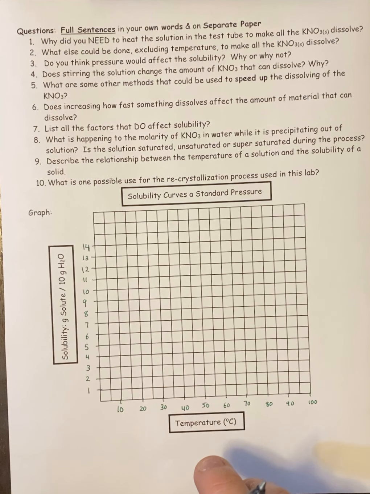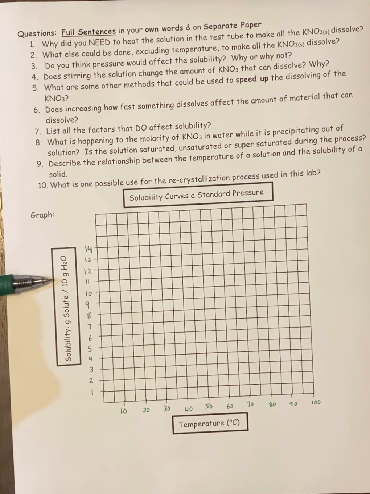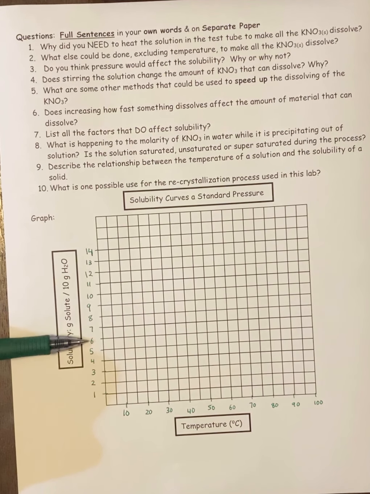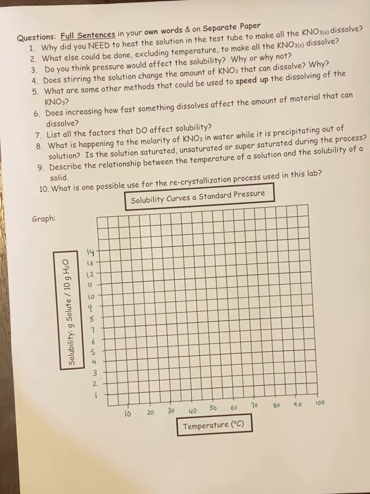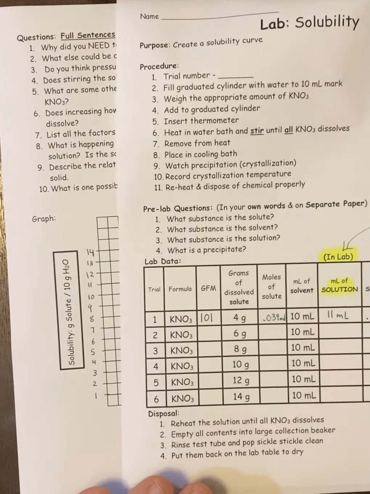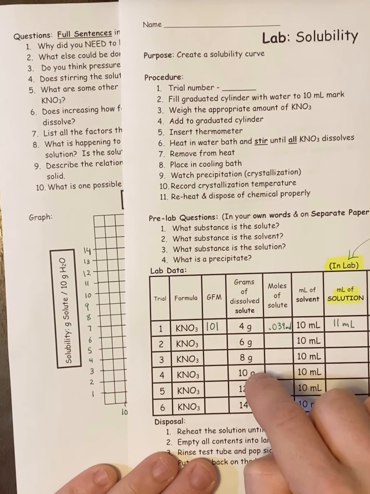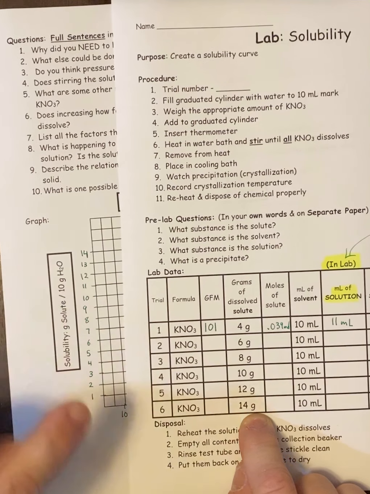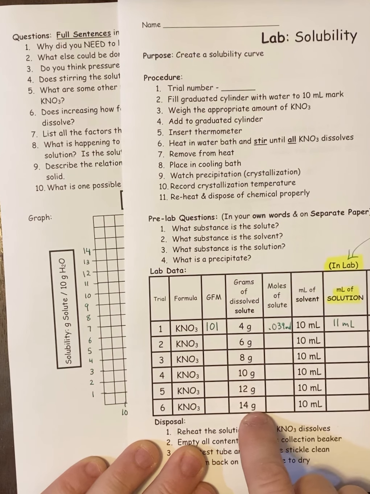The trick is, table G is in 100 grams of water. This is in 10 grams of water. So what that means is you're just going to have to take the table G numbers. Instead of 4, 6, 8, 10, 12, and 14, since this is in 10 grams of water, to scale it to table G, we're going to do 40, 60, 80, 100, 120, 140